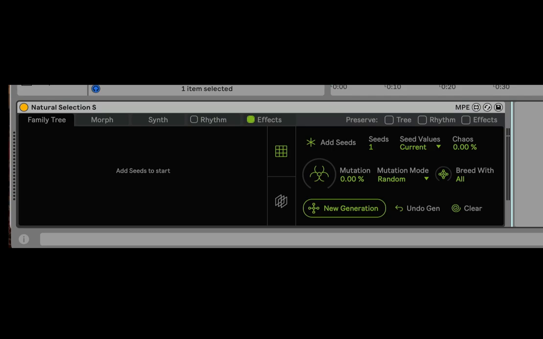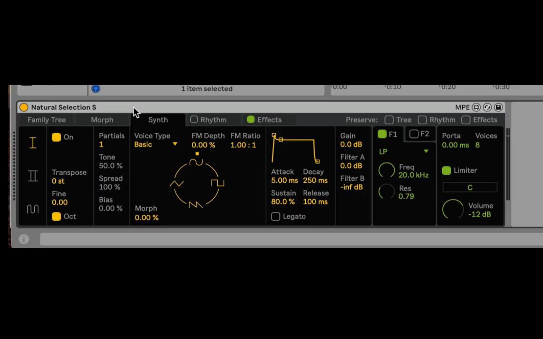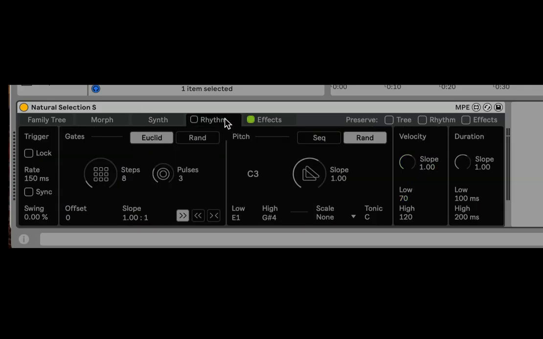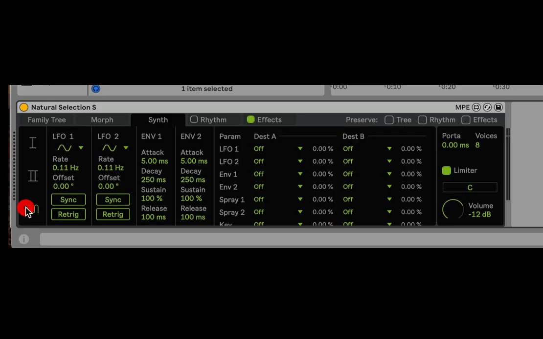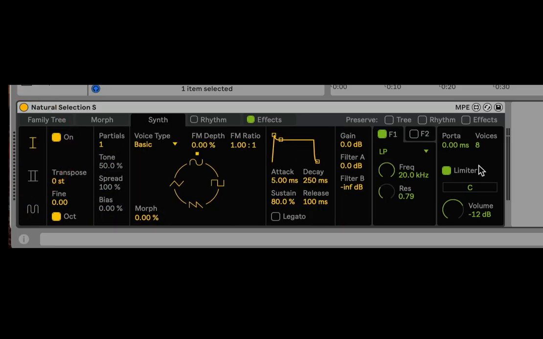Everyone, so I'm just going to do a deep dive into the synthesizer in Natural Selection S. And this will include the synthesizer as well as the rhythm generator and the effects system, although most time will be spent in the synth itself and the modulation system of the synth. Now, this is probably going to be the easier one to grasp of all of them, I think,